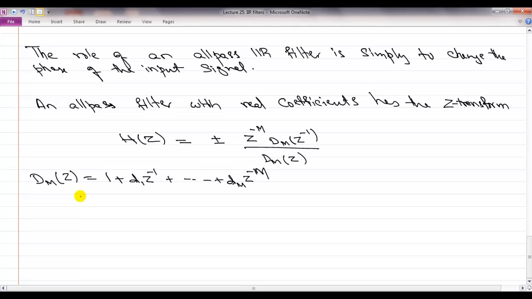Somehow, if you want your magnitude to stay constant, the poles and the zeros should balance each other's effect, right? The poles are trying to pull the magnitude up, the zeros are trying to pull the magnitude down. They have to somehow be in equilibrium with each other so that the magnitude stays constant. So that gives you a certain condition on the poles and zeros location, and the condition is the following: